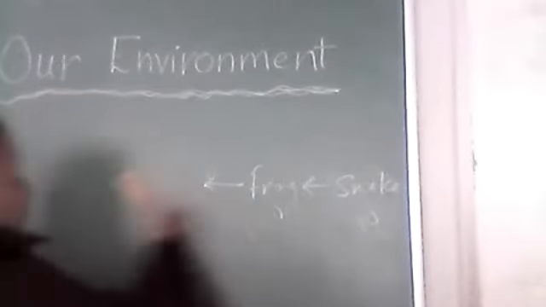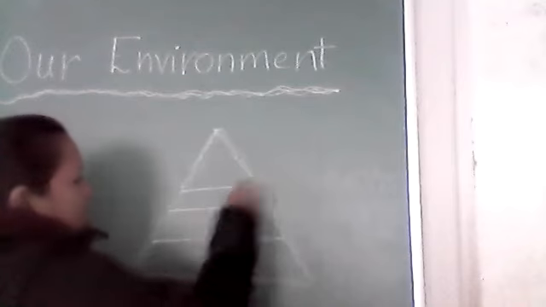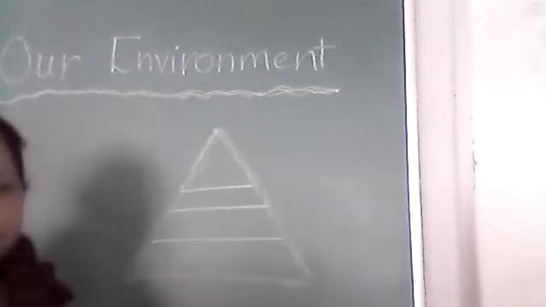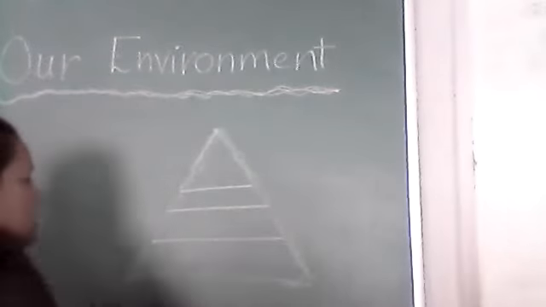ठीक है? So number of producers are more than primary consumers. Number of primary consumers are more than secondary consumers, and number of secondary consumers are more than tertiary consumers. Means here the number is highest in the first one. As we move upper, what we will see is that the number of living organisms decreases. Okay, so if any toxic material is absorbed by these green plants, the producers, that is going to pass to the